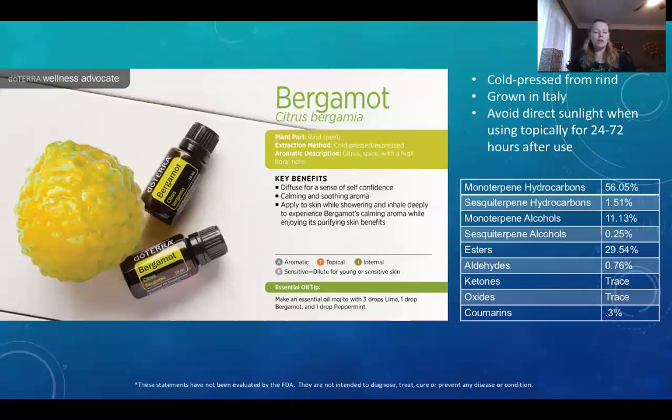And if you have smelled bergamot, oh my gosh, it is heavenly. Oh, I love the scent of it. It's very mild, and it's not as in your face as wild orange or lemon or grapefruit. It is very subtle, but oh, it is so amazing. Oh, I love it. So diffusing this, now before I get into the uses, I am going to warn you guys